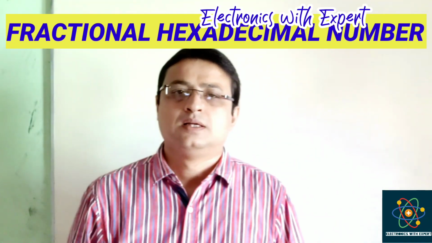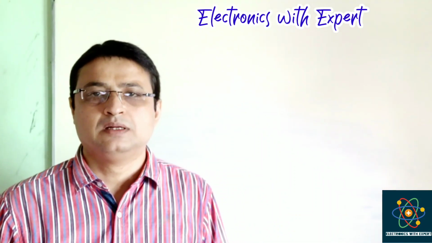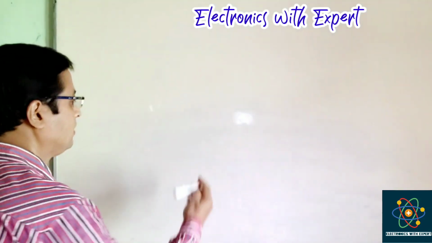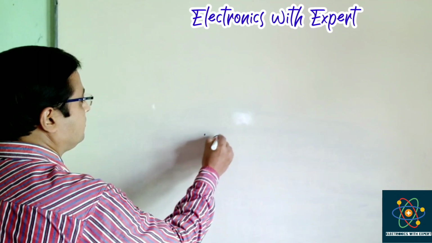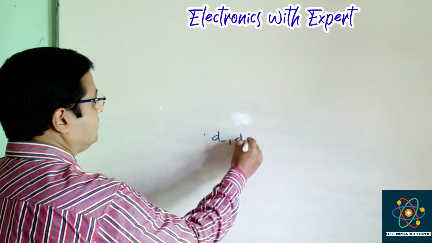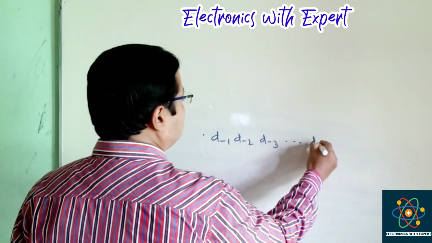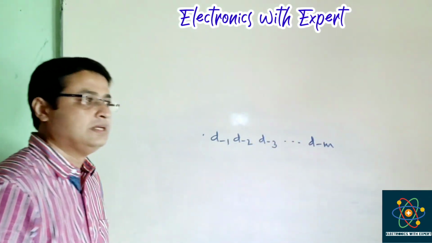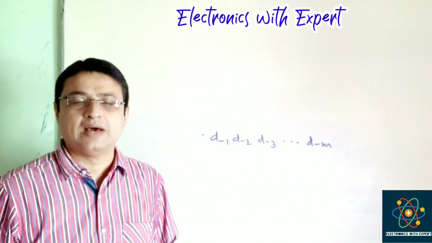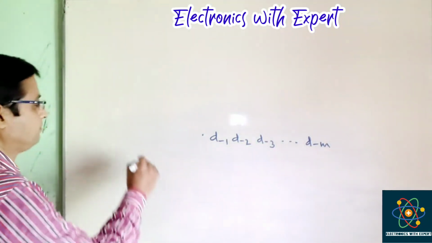Now if the hexadecimal fractional number is of the form point d-1, d-2, d-3 up to d-n, then its decimal equivalent can be obtained by